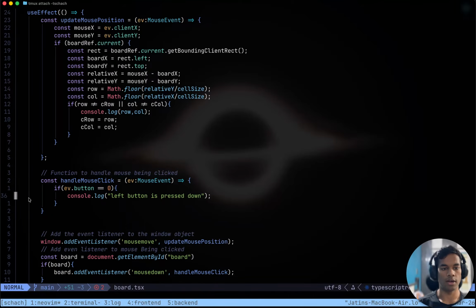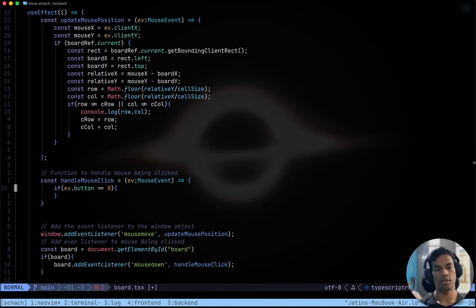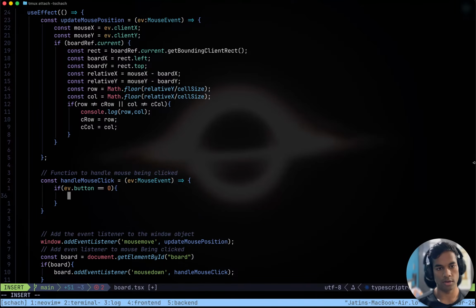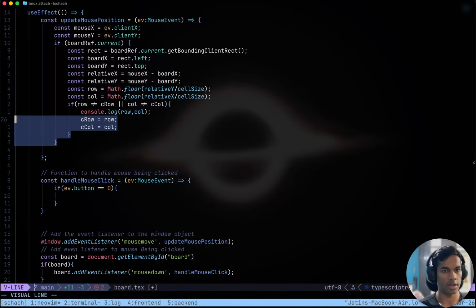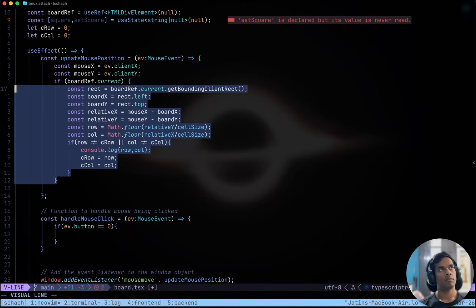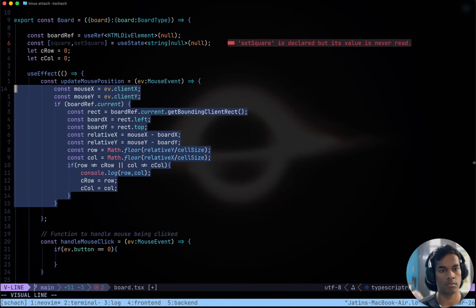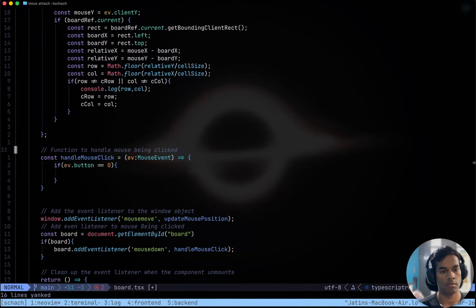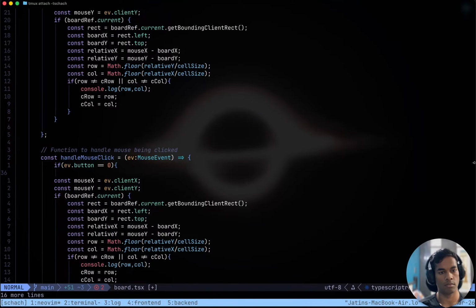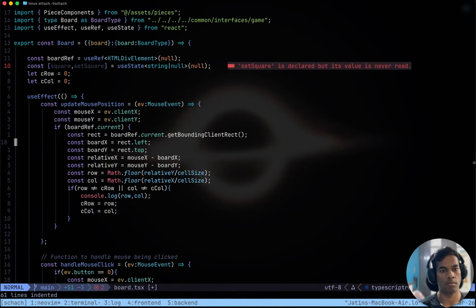If a button is pressed and it is the left button, then we have to find out the coordinates. Okay, should we just use this whole thing? Yes, we just use this whole thing. Same thing here. Okay,